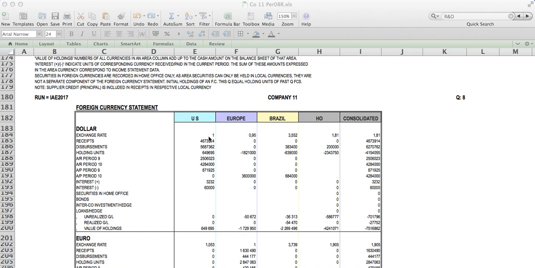First of all, this is recording the exchange rate between the different currencies, the European currency, the euro, the Brazilian currency, the real, the Swiss franc against the dollar, which is one. So what this table gives you is first the receipt. How many dollars have been received in the form of cash payment or money transfer from one area to another